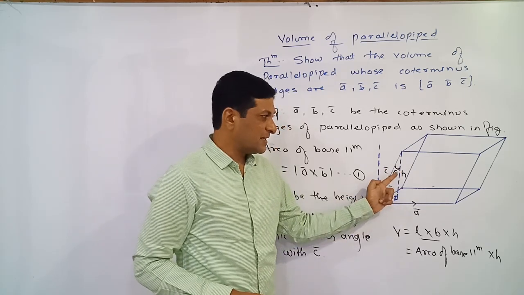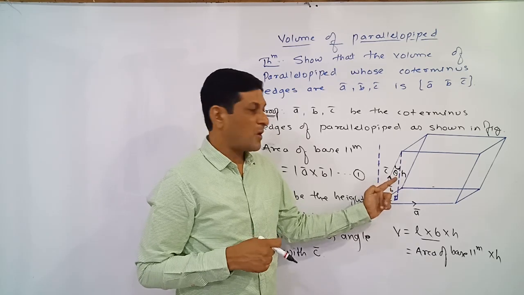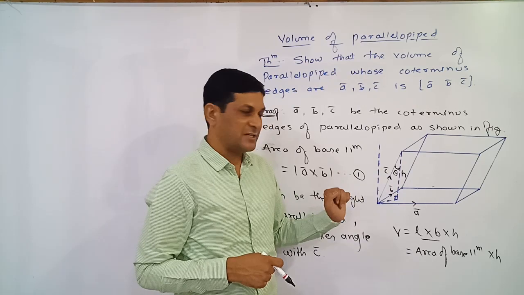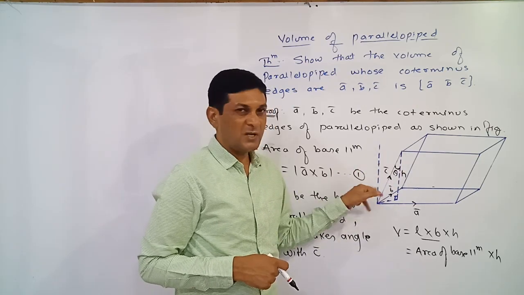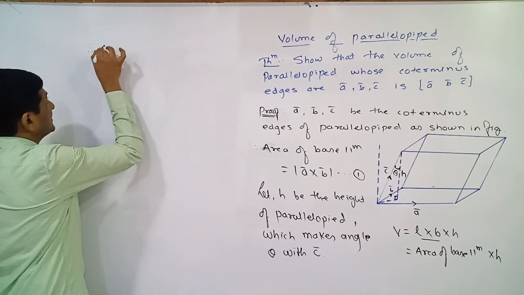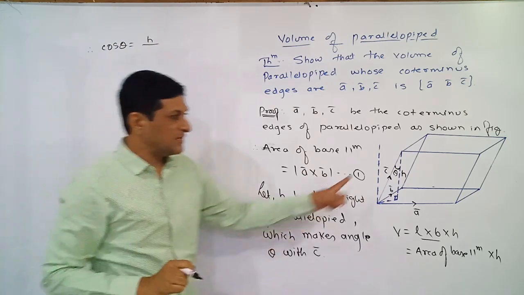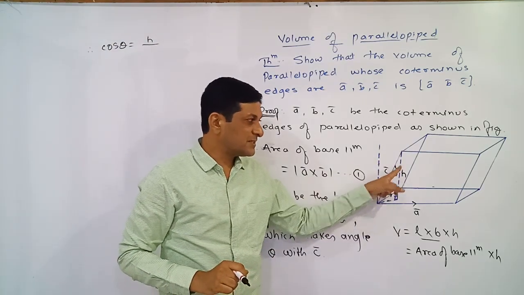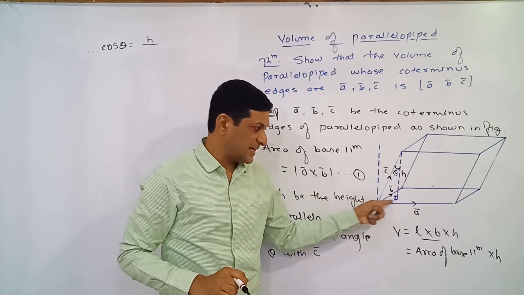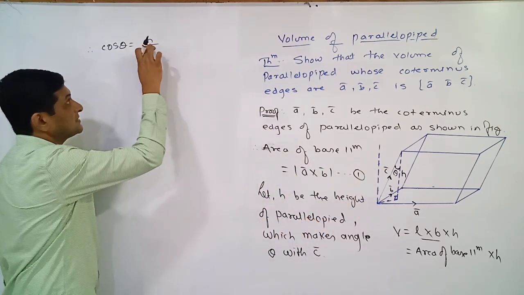In this right angle triangle, one acute angle we have denoted by theta. And then what is the formula of cos theta? Cos theta is adjacent upon hypotenuse. Hypotenuse means the side opposite to 90 degrees. In this case, the side opposite to 90 is C bar. Therefore, cos theta is equal to adjacent. If you observe this triangle very carefully, the adjacent side of this theta is h. This is the opposite side, and the hypotenuse is C bar. So cos theta is adjacent upon hypotenuse.